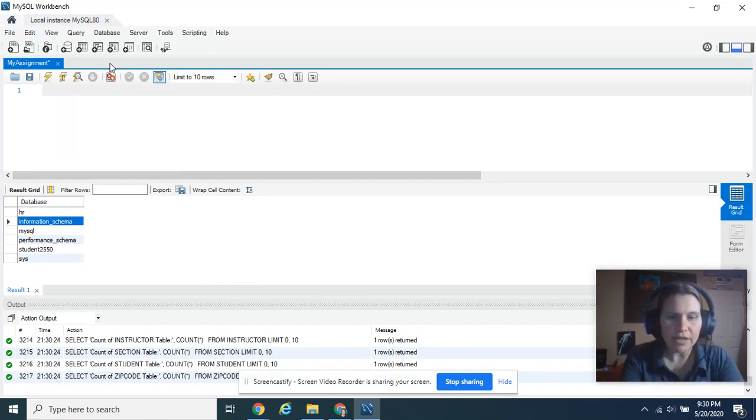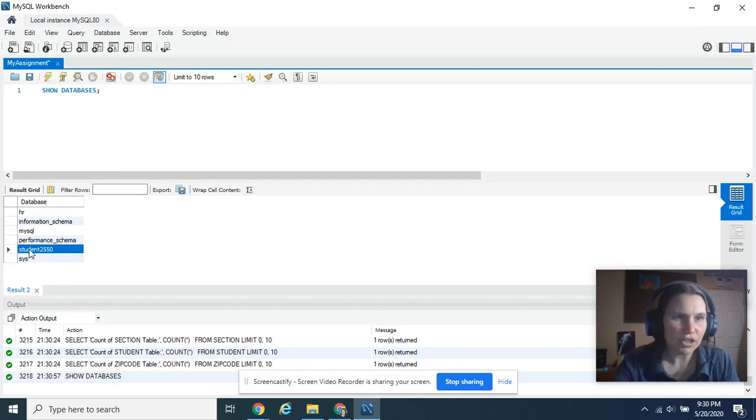Okay, so now that our database is loaded, if you were to go back and say show databases, semicolon, I'm going to run this, you will now have this student 255 database. I had it before, you didn't have it before, but now you should have that. So what we want to do is we want to use